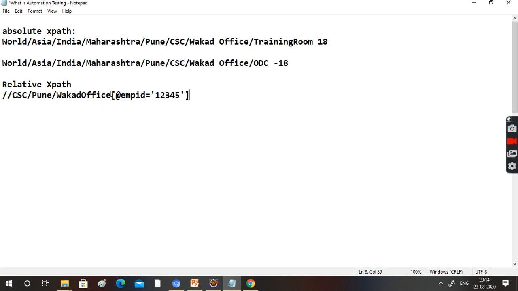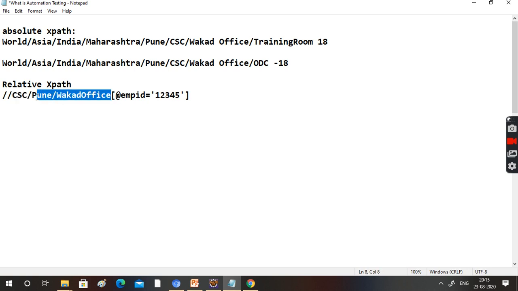Again, this is also trouble. You have to remove it. In the CSE company, the person whose employee ID is 1, 2, 3, 4, 5, I want to meet that person. So this is good. But if you are putting only the employee ID, what will happen? CSE also has employee IDs, TCS also has employee IDs, Cognizant also has employee IDs. So in this case, what you have to do?